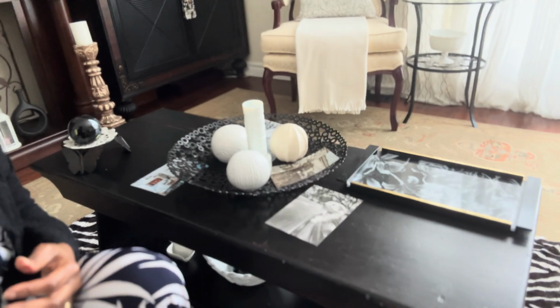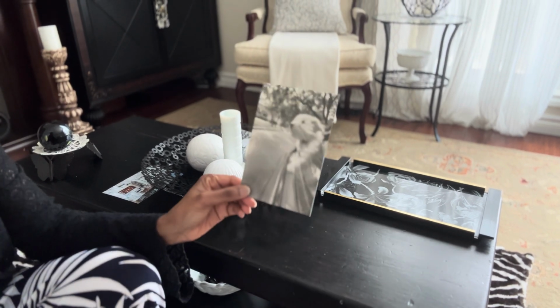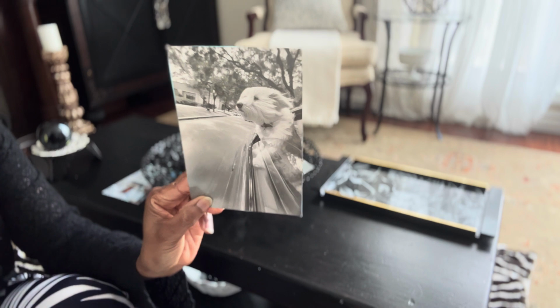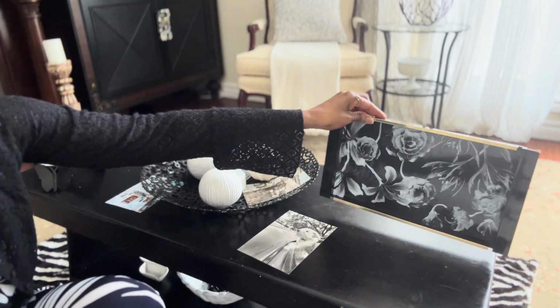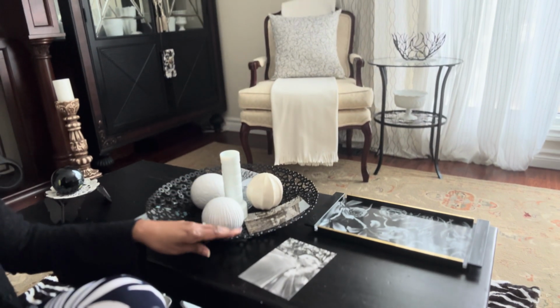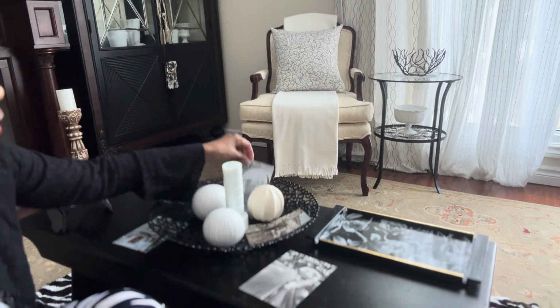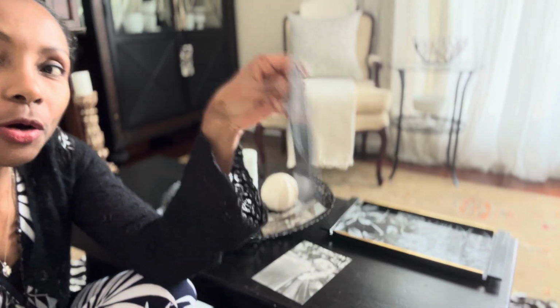Let me just adjust my camera slash iPhone to show off my coffee table. Oh, and as usual, there we go. There it is. And I just staged it with a few items. This is a card. It looks like my little doggy. So I decided I am going to just lay it down there on it. This little tray, I thrifted. Beautiful, isn't it? Put it down. And I had this bowl as well for a long time. Just put a few balls, a few more of my black and white pictures that I took myself when I'm out and about. So I decided to throw them in the bowl, make my own little